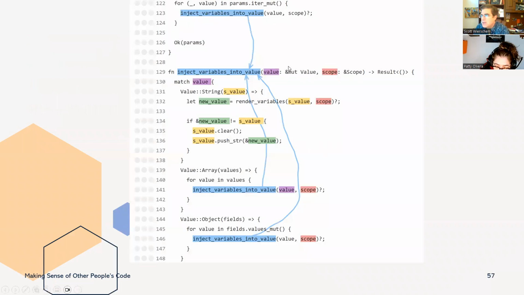So a dependency graph is basically, you can mark the variables that you have, and you can connect related functions.